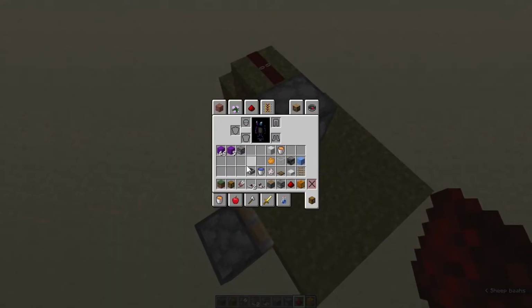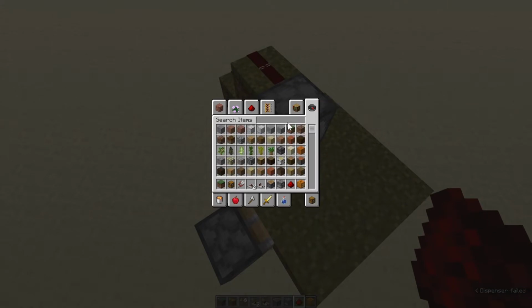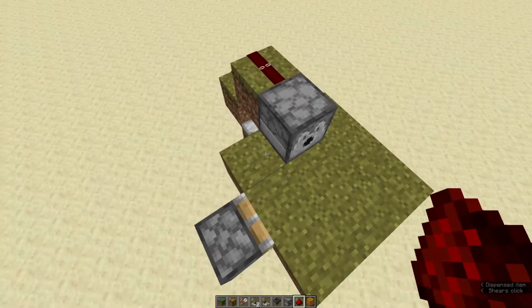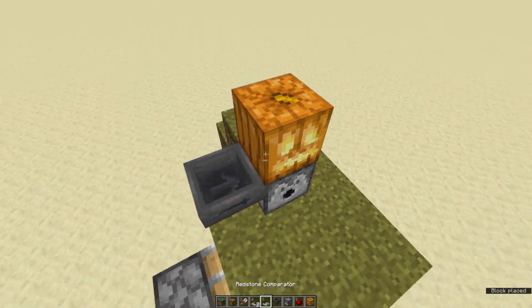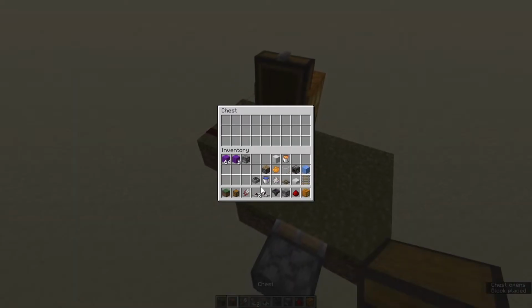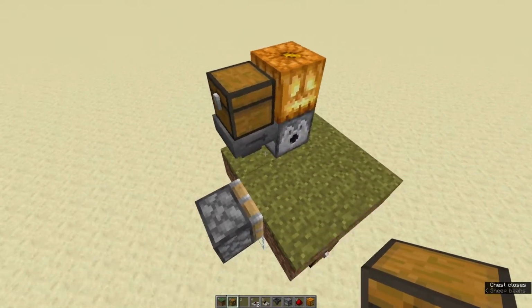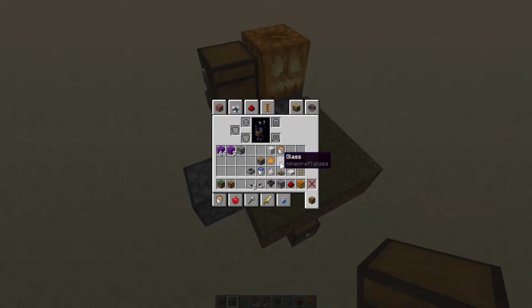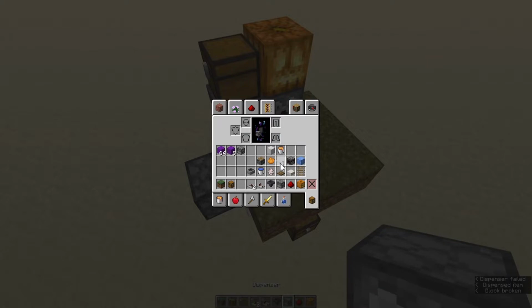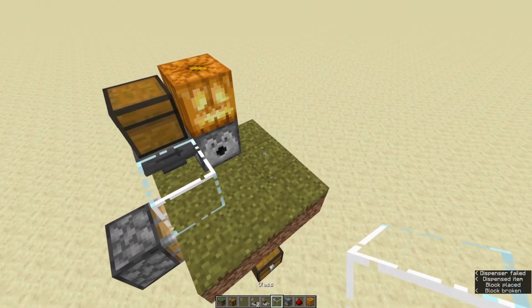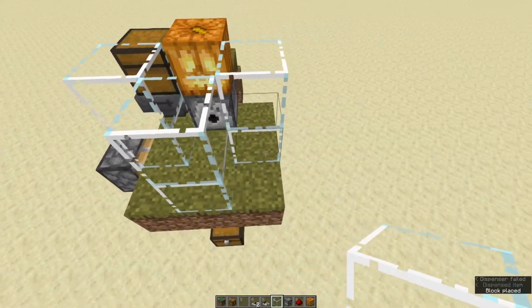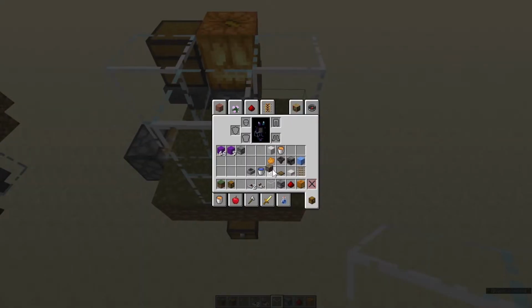After that, we'll put a hopper into the side of the dispenser. Put a jack-o'-lantern on top. And we'll put a chest full of shears in there. What is going on with my mouse? Okay, here we go. So we put the glass here, build the glass up. Now we got to figure out the pistons, right? Pistons, we'll have to push